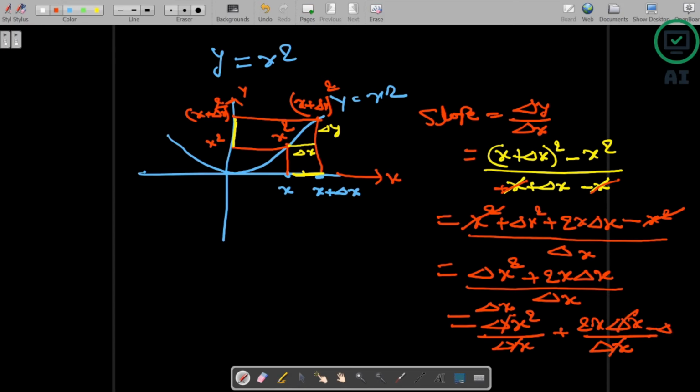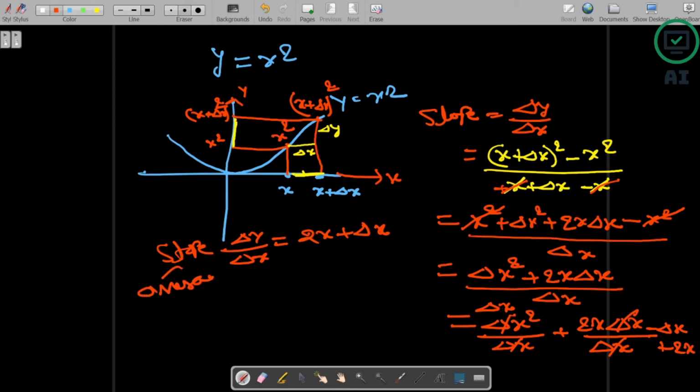So what will we get? Delta x plus 2x. So the slope delta y divided by delta x is nothing but 2x plus delta x, and this is actually an average